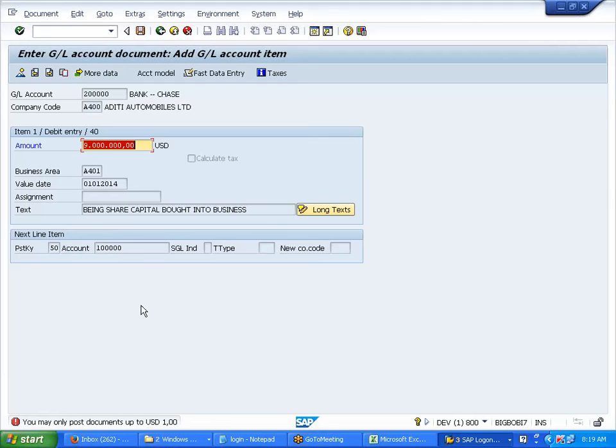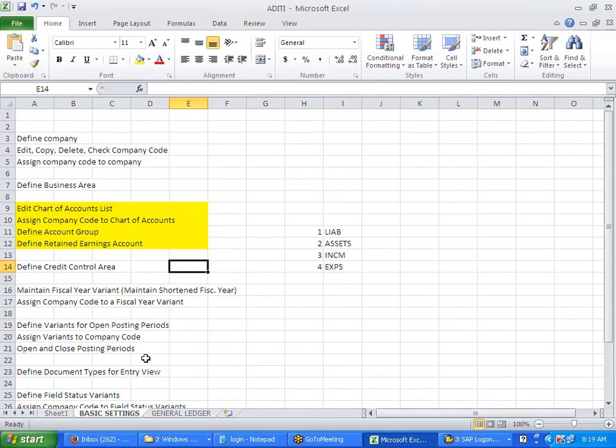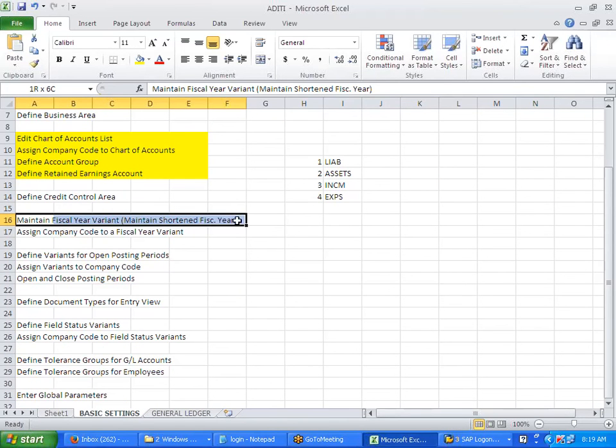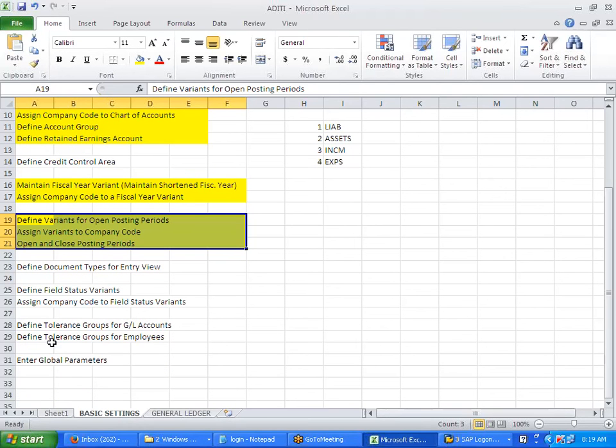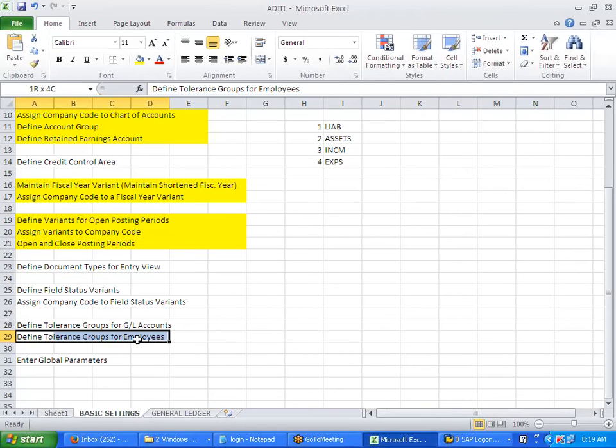See what it says. You only have the limit here, up to 100. Now this limit is controlled where? From the previous class we had tolerance. Good. So we tested the fiscal year variant working perfectly, right? All this is working. Posting period, how it is working. This field status I have shown you. Now it is showing for the tolerances, right?